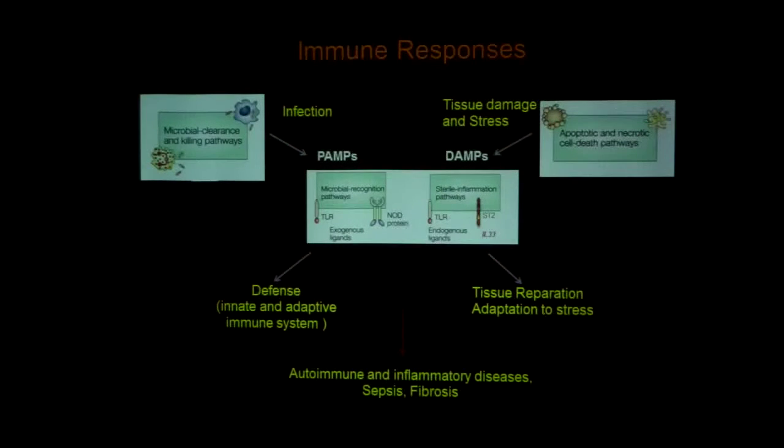From a general point of view of how immune responses are triggered, we classically see that infection is the main trigger of the innate and adaptive immune system as a defense mechanism, triggered by pathogen-associated molecular patterns present in microbes. But it is known today that also tissue damage and cell stress produce some DAMPs